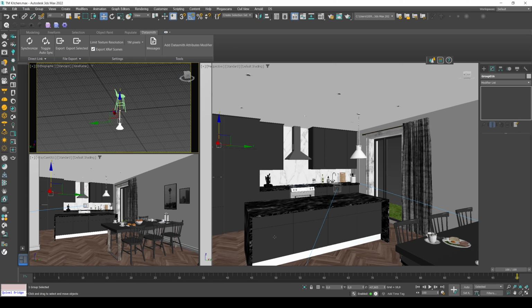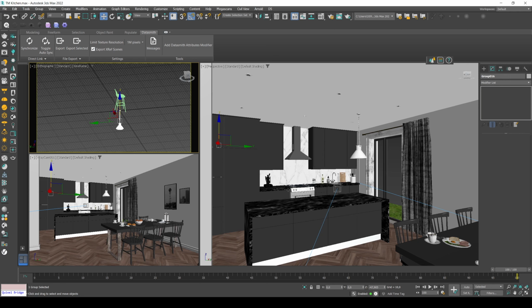Okay, why are we doing this? Let me explain. With this method, you can use your models as a library for your actual render or incoming renders. In Twinmotion, you can easily drag and drop your ceiling lamp or chair into your model and copy that style. And also controlling them will be much easier.